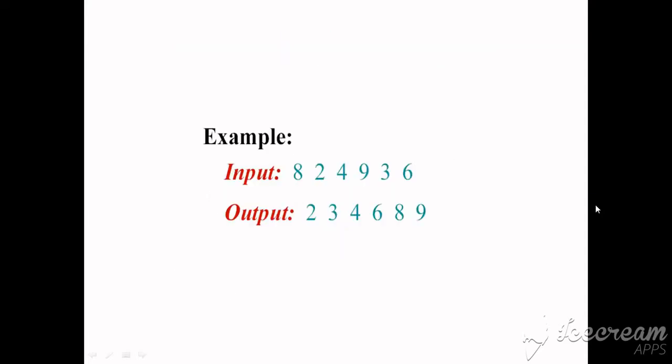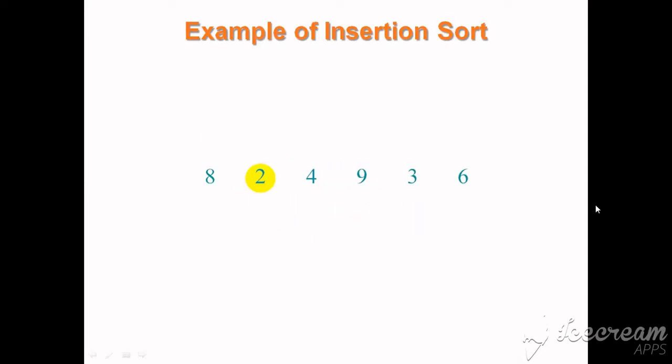To understand the concept and logic of insertion sort, let's take an example. This is the given list of items and we have to sort all these items in ascending order using insertion sort logic. So this is our list. According to the insertion sort logic, we will start our comparisons from the second position. Every time we have to compare the element at the current position with the elements on the left side. Starting from this side, we compare towards the left.